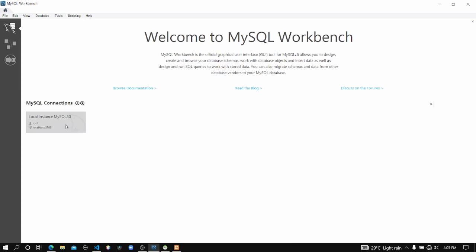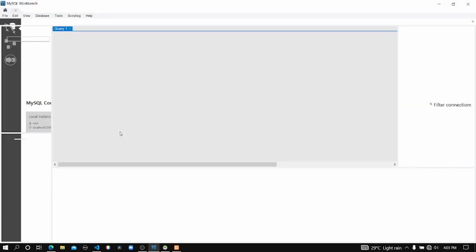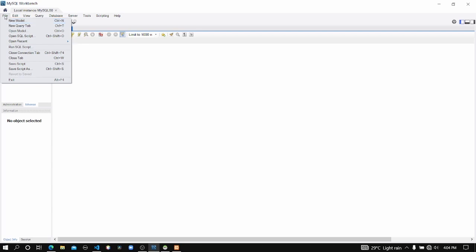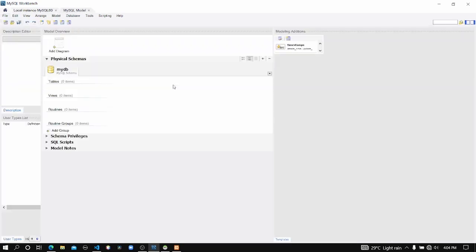Here's my connection to the MySQL server, and when you click on that, you can go into the server. You can see my databases. These databases are also called schemas. Here I'm going to create an ER diagram by clicking on the File tab, and here's the option New Model.